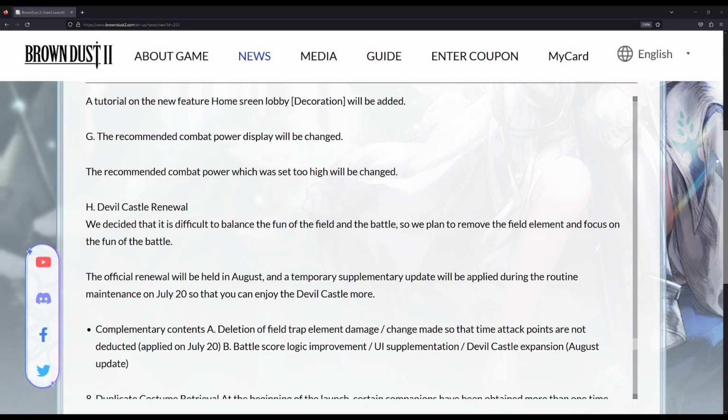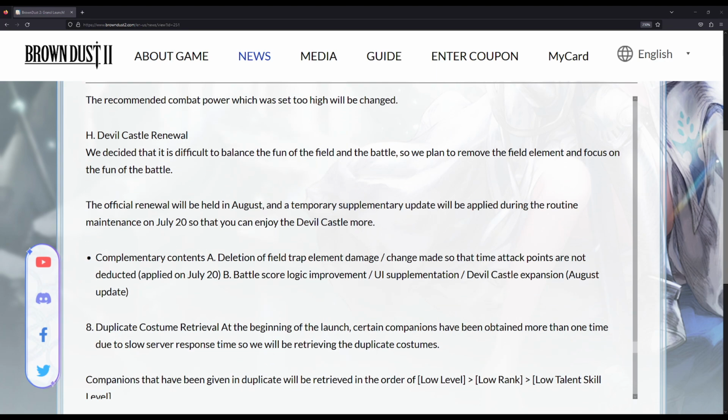New tutorials are added. That doesn't really matter too much. Combat power display changed as well. Doesn't really matter much. Devil Castle renewal. So again, like I said, they were thinking about the balance of the Devil Castle, and they wanted to focus on the more fun part of the mode. So they decided that they will be removing the traps from the Devil Castle. So on the 20th, the deletion of field trap element damage, and a change made so that time attack points are not deducted. So the traps will basically be irrelevant